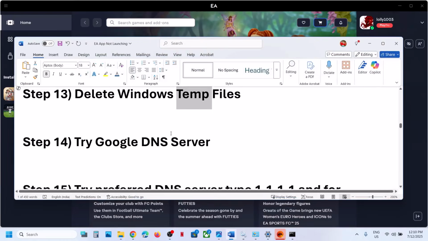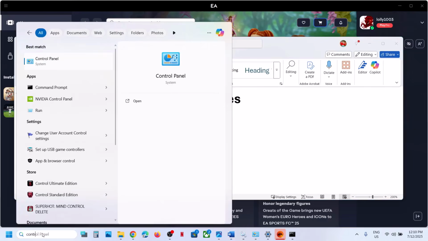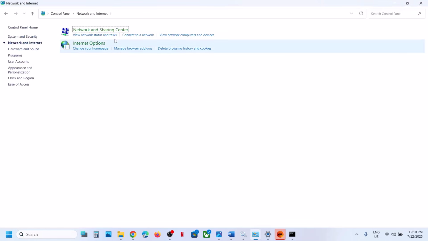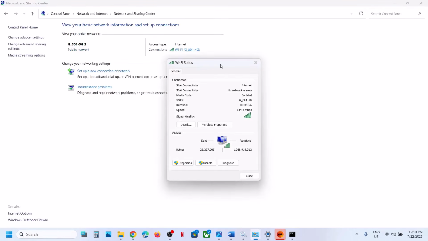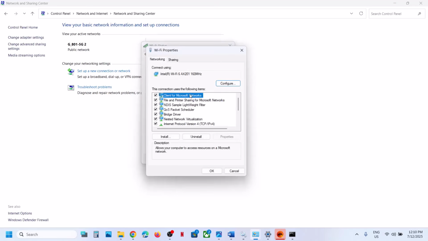Still not working. The next step is to try Google DNS Server. Now for this, type in control panel in Windows search box, go to control panel, go to network and internet, and then go to network sharing center, and then over here click on your Wi-Fi or Ethernet, go to properties, and over here you can see internet protocol TCP IPv4, and once you select it, now click on properties, and